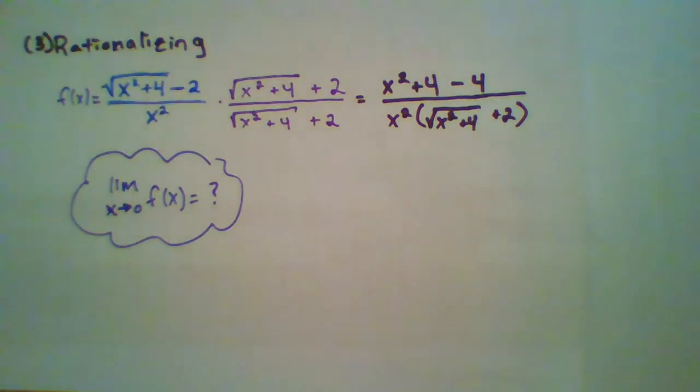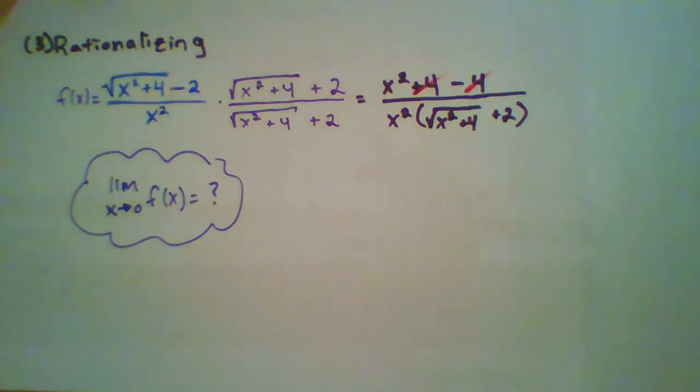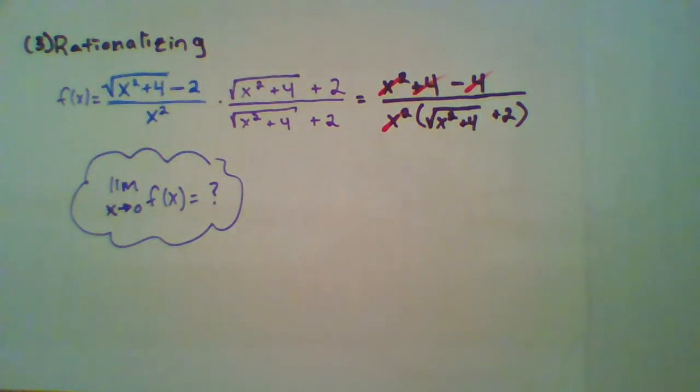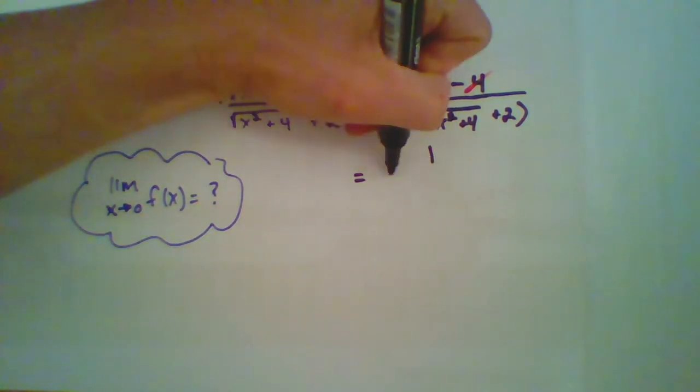The plus 4 and the minus 4 cancel each other out. So after we cancel those, you would find that this x squared would actually cancel with this factor in the bottom that's also x squared. So those two are going to cancel out, and all of this would simplify to